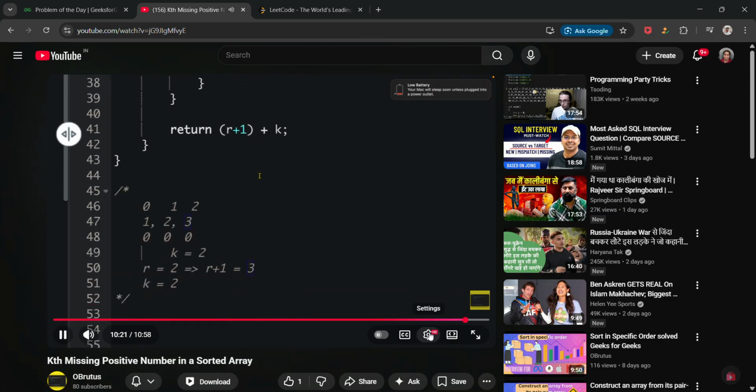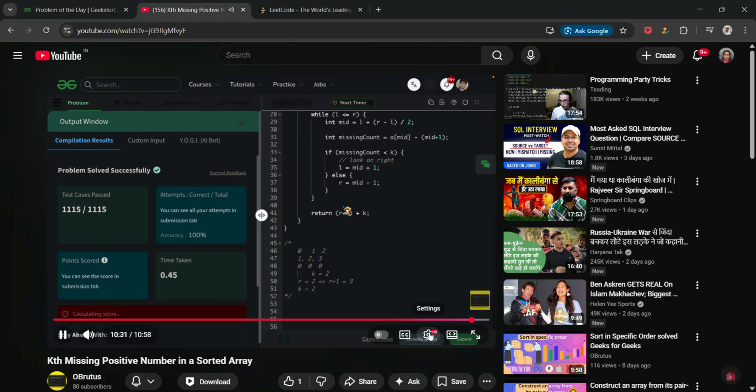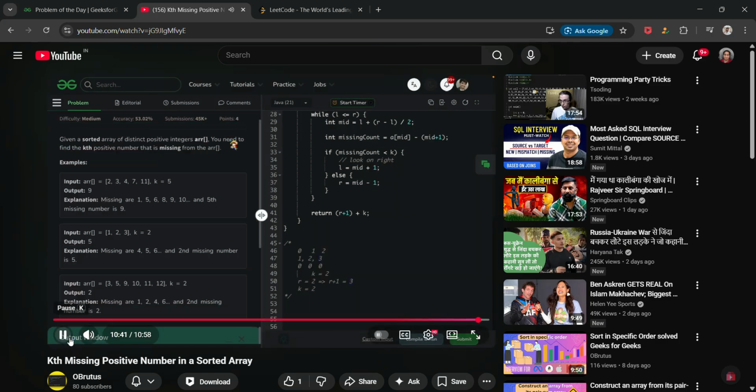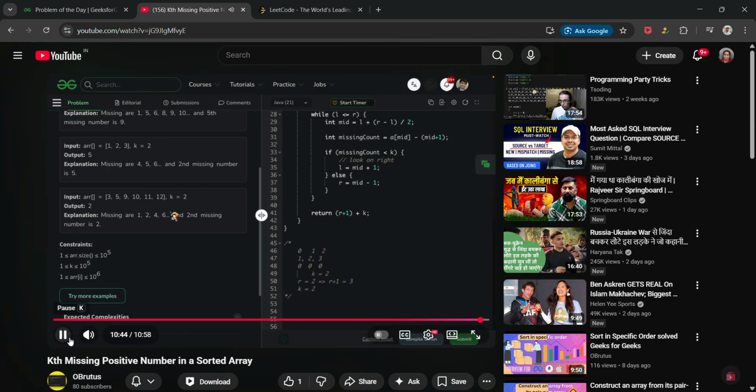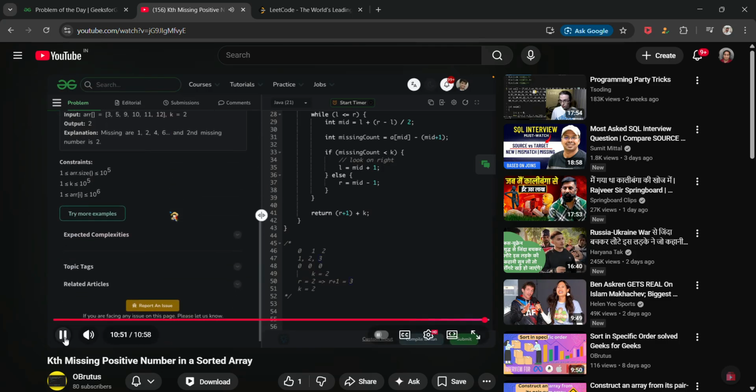So far so good. Let's compile this code. For any compiler errors, there seems none. Let's try to submit this. Cool, it seems that it has passed all the rest of the test cases, and this was a very new kind of program with binary search. So if you wanted to know more about binary search or